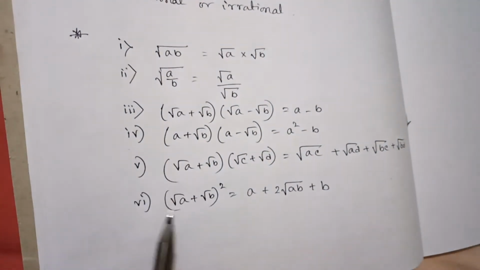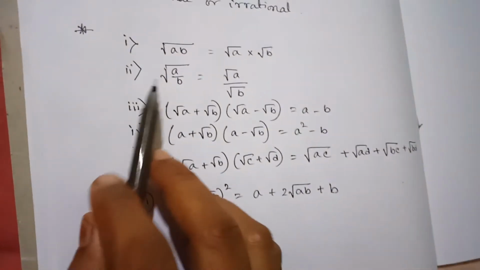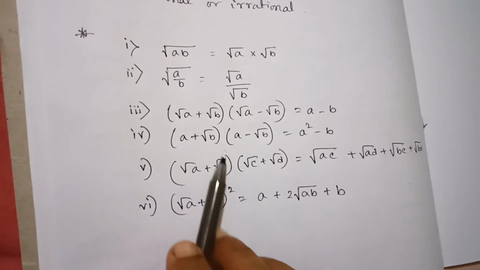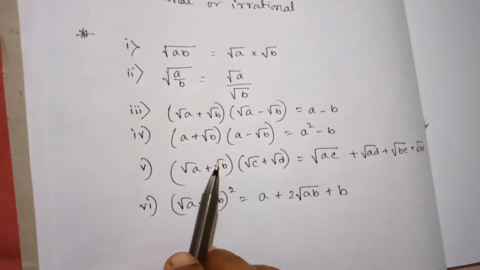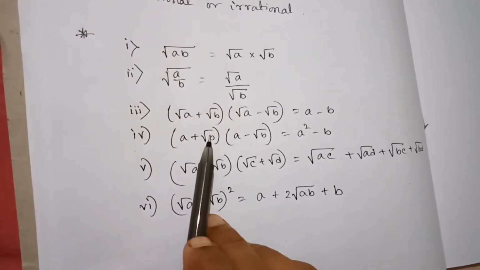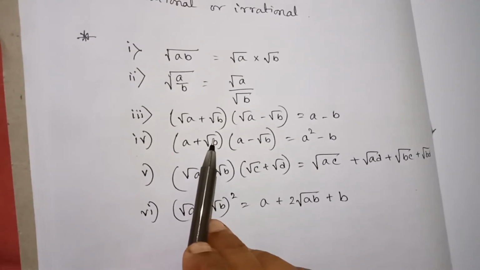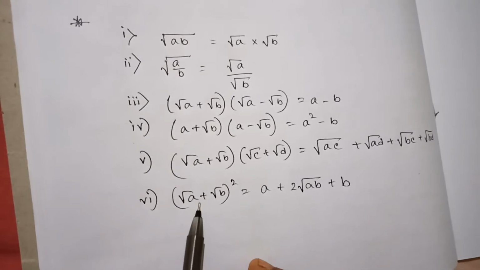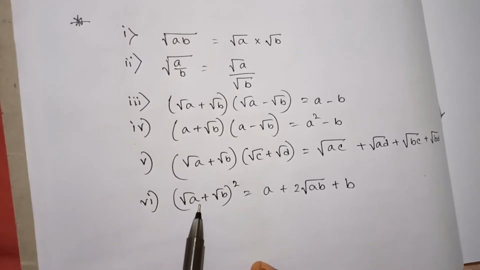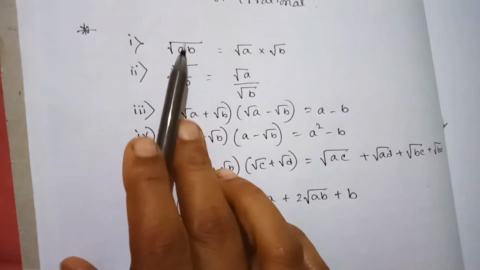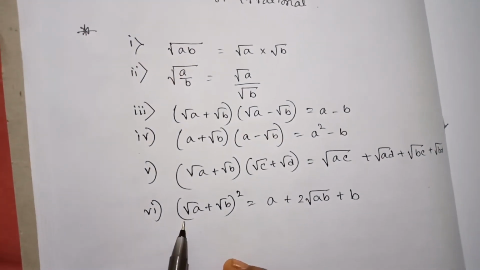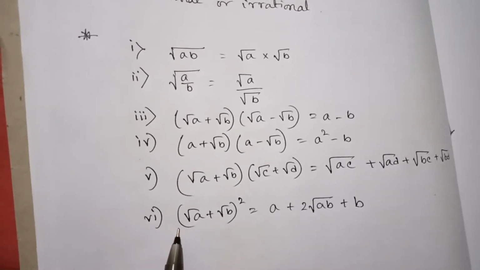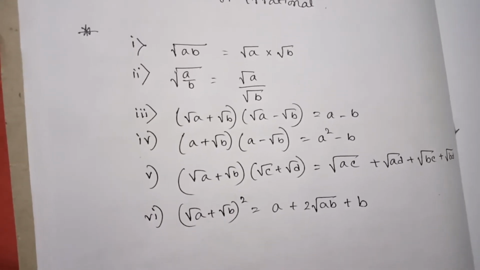These all 6 can be found very easily. These two are preliminary and this is just multiplication, or you can say the application of some formula. Like these two, application of the formula x square minus y square, and this one is the application of the formula x plus y's whole square. So these 6 should be known by everybody before we go to the main topic of operations on real numbers.